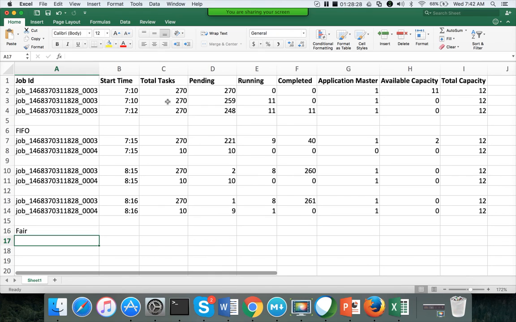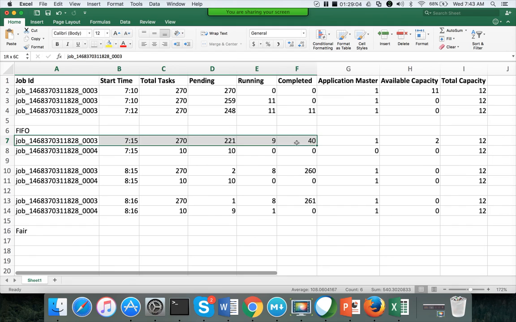Whereas with phase, it will try to delegate the resources to all the jobs running simultaneously. Okay. So here also there is a concept of pools, but I will not get into those details today. I will try to cover it as part of the next class. So let's say there is no pool and all the 100% capacity is given to one pool. Okay. At 7:15, when the job is submitted, let's say this is the case with 3.